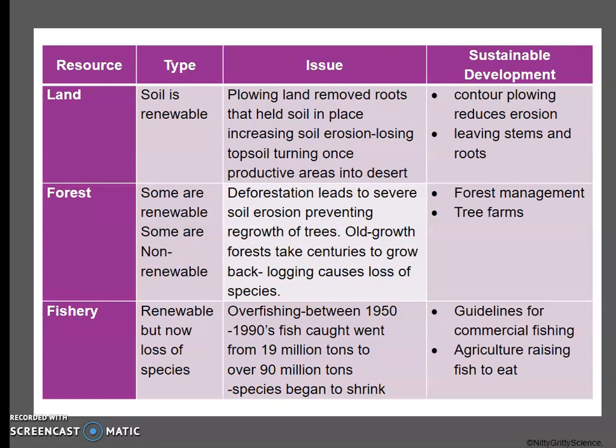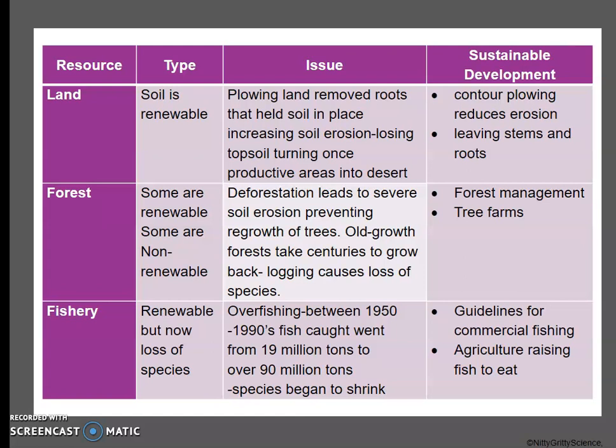Another resource that we have is fisheries. It's renewable, but we have lost a lot of species. Between 1950 and 1990, overfishing was a big problem. We went from 19 million tons of fish being caught a year to over 90 million tons of fish being caught a year. So the population of those species began to shrink, and they began to shrink rapidly,